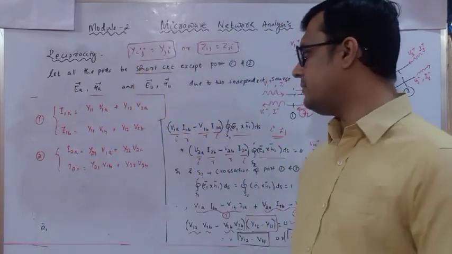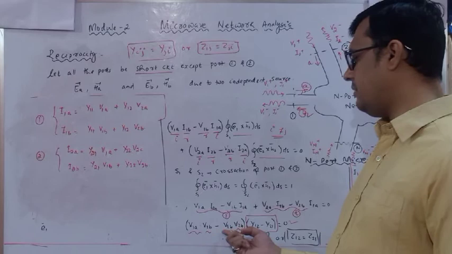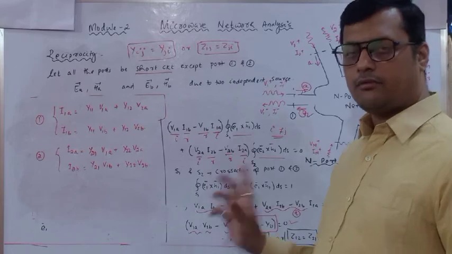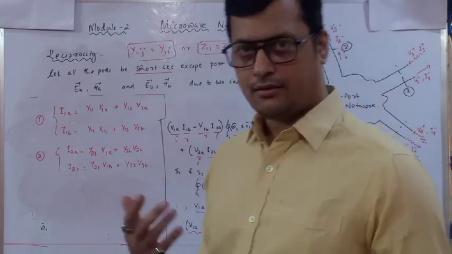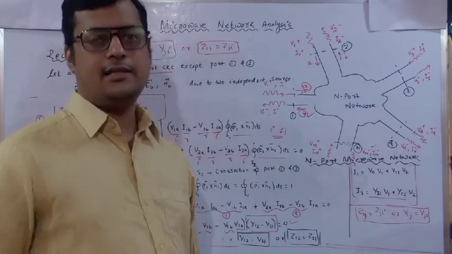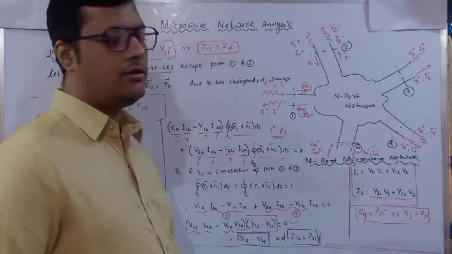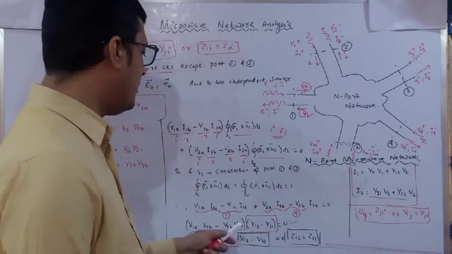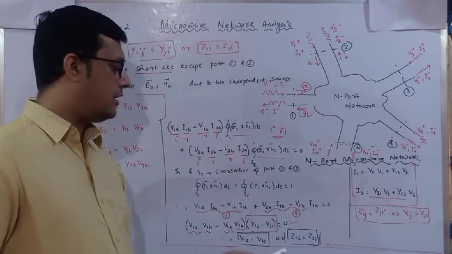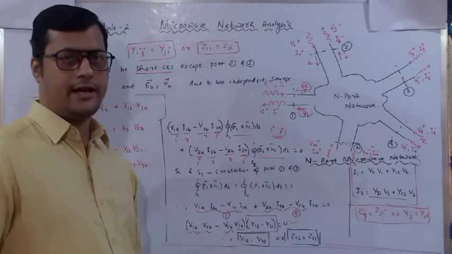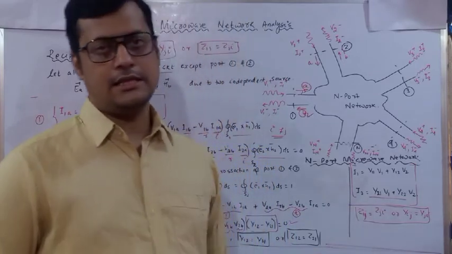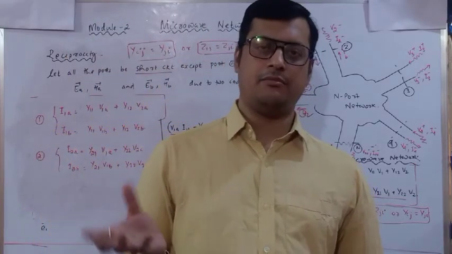So it will be in terms of (V1A V2B minus V1B V2A) whole into (Y12 minus Y21) equal to 0, and the potential cannot be equal to 0 because we are energizing it. So the only thing left is the admittance. If the total admittance is 0, it acts as a reciprocal network. So Y12 equals Y21, or Z12 equals Z21, which I can write as Zij equals Zji or Yij equals Yji. So this is the basic relation. This is the basic proof.